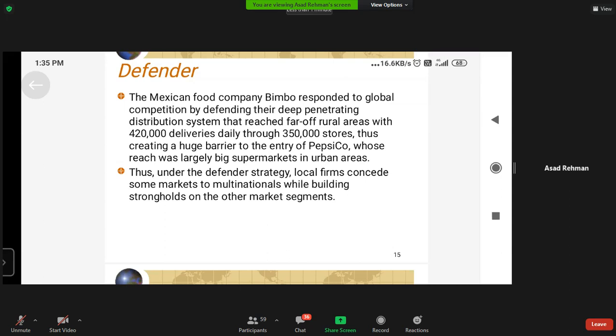Even if your product is well known, it is a very strong brand, still reaching into the nooks and corners of the market is difficult, and it has to be achieved with the help of some kind of local players, right? And perhaps that is why Pepsi and